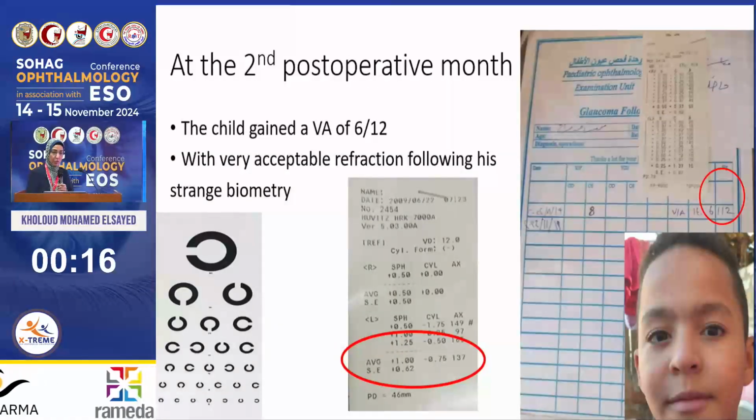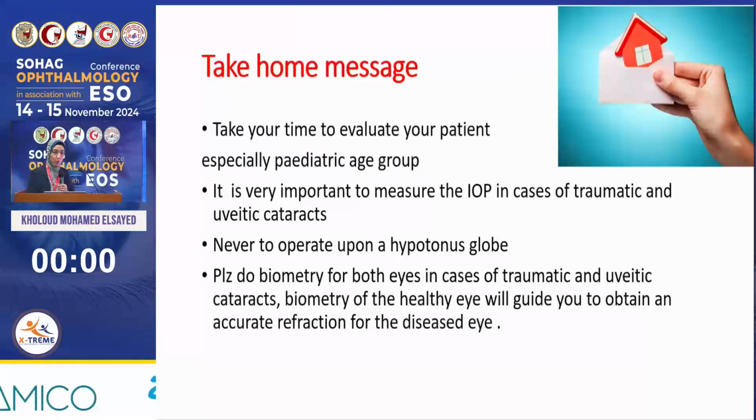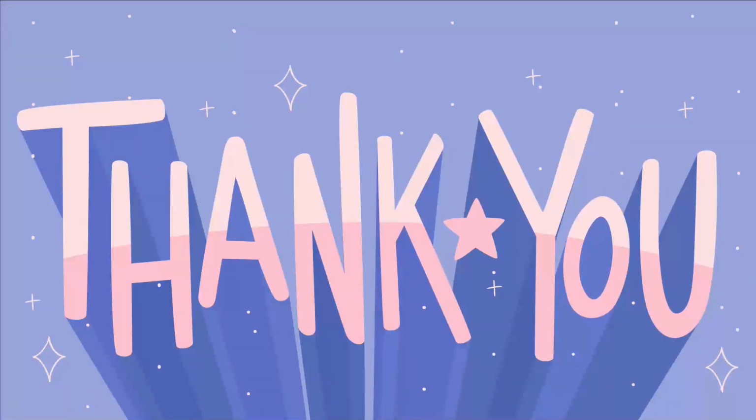At the second postoperative month, the child gained a visual acuity of 6/12 with very acceptable refraction following his strange biometry. At the sixth postoperative month, the child is doing well, no uveitis, normal intraocular pressure, no medication, and stable refraction. Take-home message: take your time to evaluate the patient,